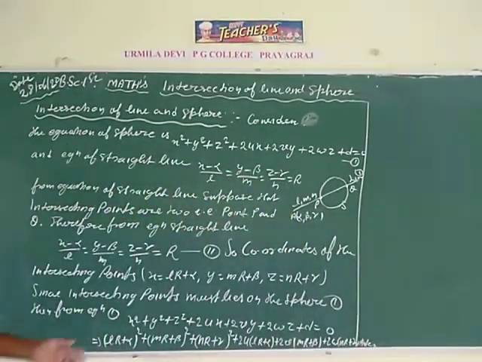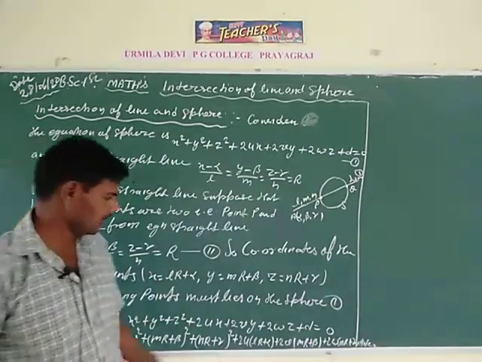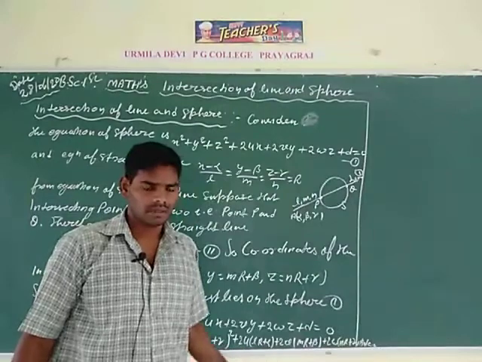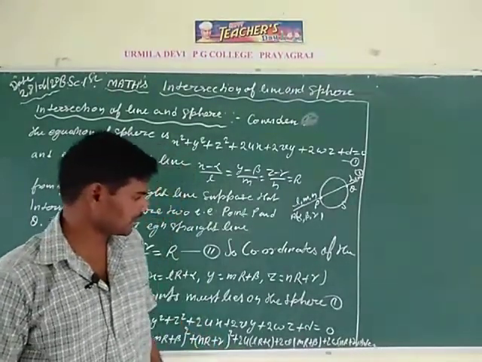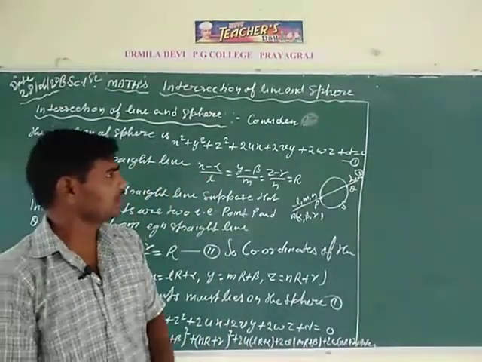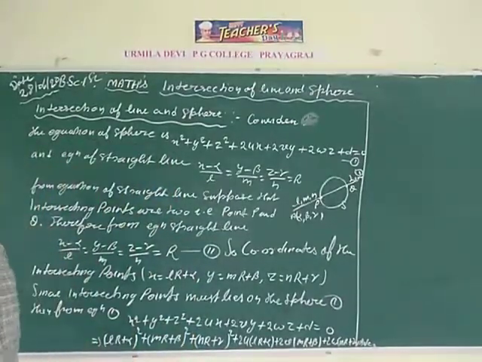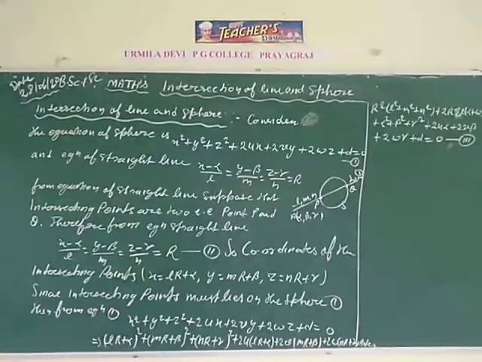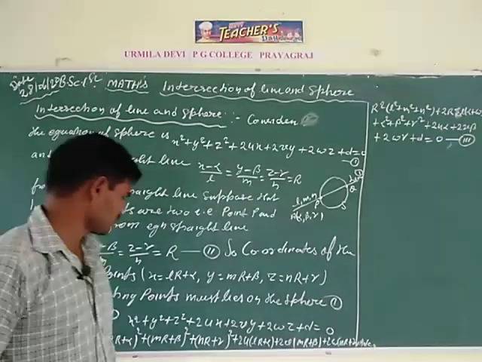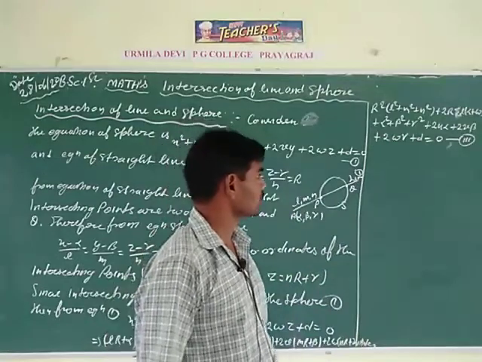In this equation, first square the whole expression to get the first, second and third terms, and multiply 2u with the first bracket, 2v with the second bracket, and 2w with the third bracket, plus d. After simplification, you can see that we get a quadratic equation in capital R.